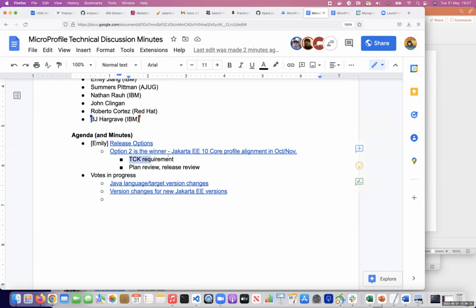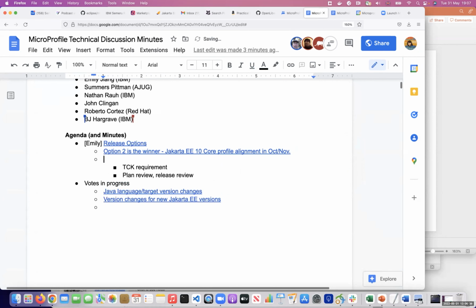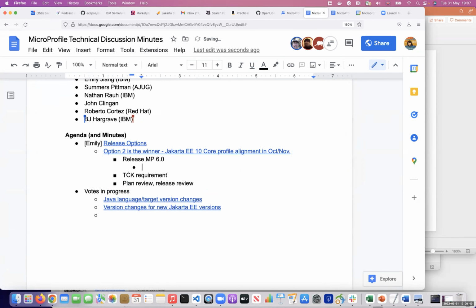So if not, that means in MicroProfile 6, basically in the October, November time, we are going to release MicroProfile 6. That's finalized. Release MicroProfile 6.0, so basically all of the specs align with the Jakarta EE 10 core profile.